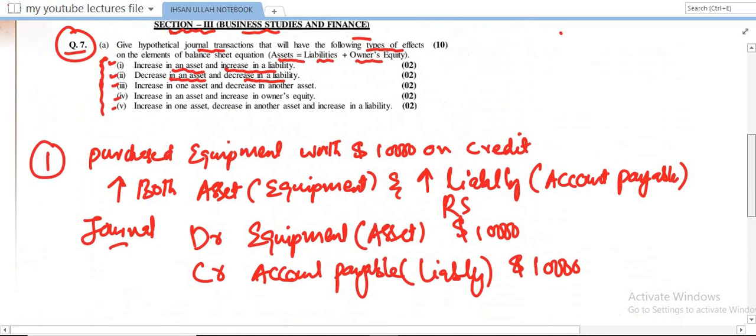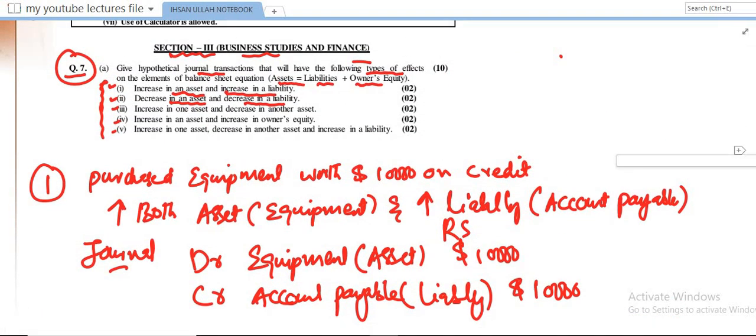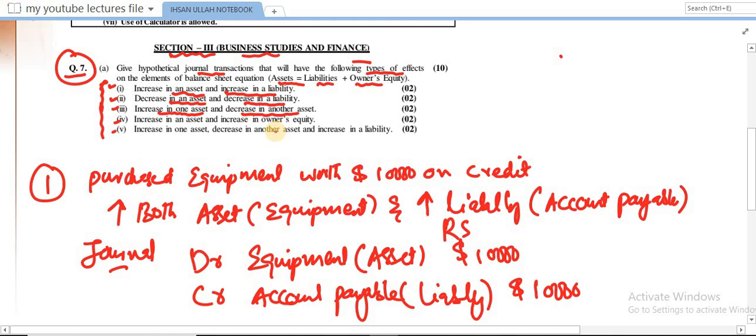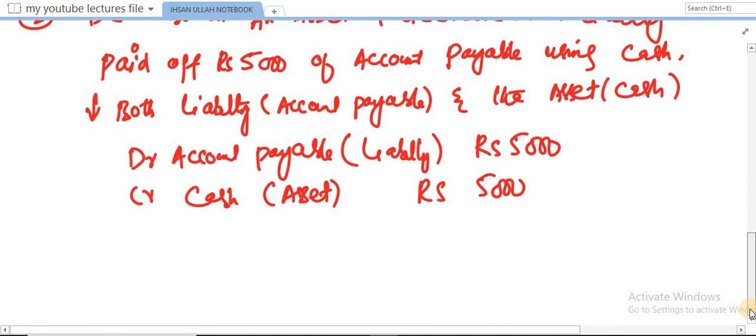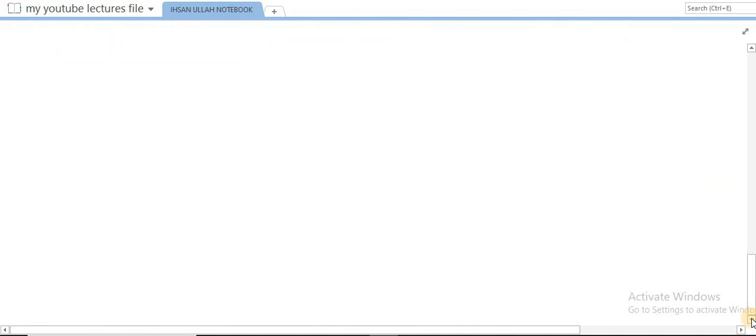Okay, let me show you another one. Increase in one asset and decrease in another asset. We need a scenario which gives the effect increase in one asset and decrease in another asset. Okay, here